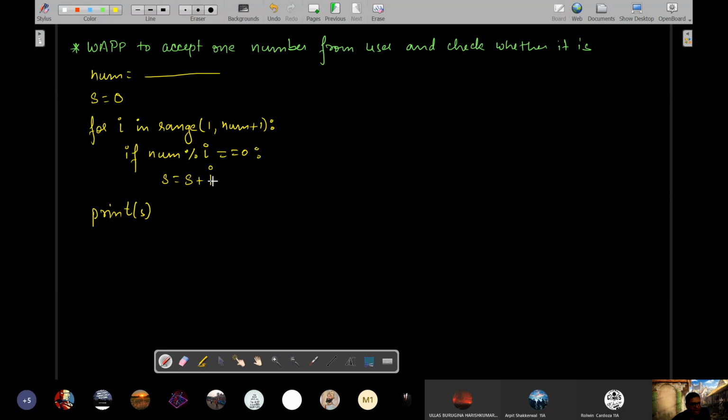Because now you are adding the factor itself. So all the previous sums will be added with the new factor that is coming. Then the next factor that comes will add to the sum of all the previous factors. So like that, S will be the sum of factors in this case. चलो इसको लिख लो एक सेपरेट प्रोग्राम की तरह. You can copy this program, or what I can do is, चलो उसको मैं लिख दूंगा बाद में. You can take it as the program for sum of all the factors.